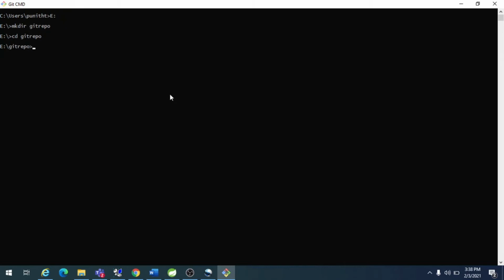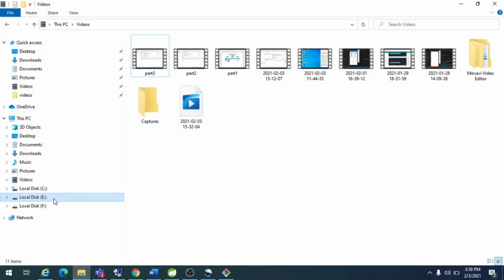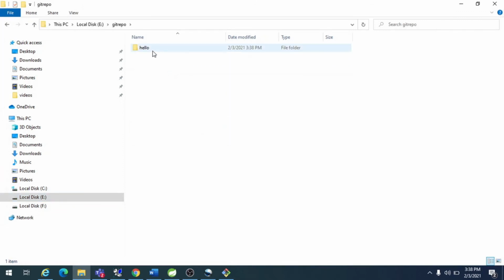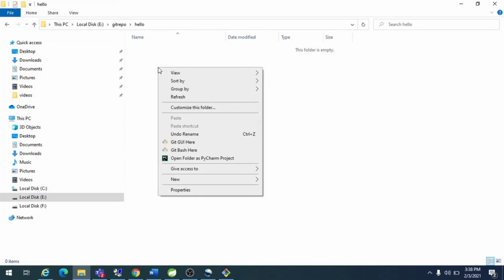Here, first of all, when you want to pull code from the source repository to your local for the first time, you need to clone it by using the git clone command, and you need to give the URL of the repository. This clone is done, so I can go to the physical location, git repo, and I can see the code. Currently there are no files within this.